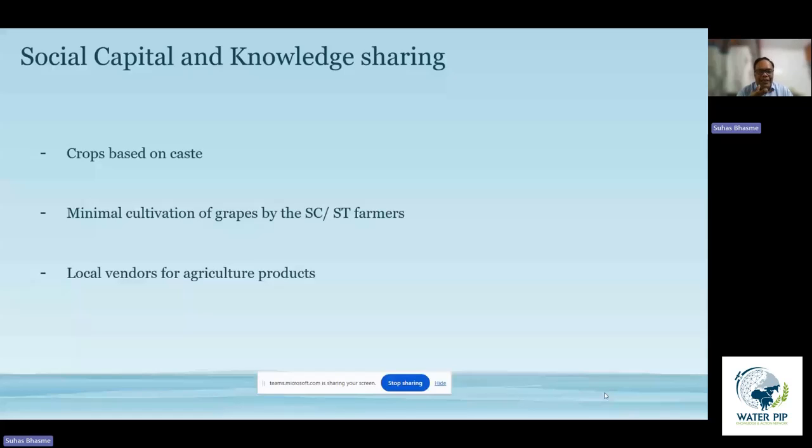So if, say, you are in the Nasik region, looking at a farmland which is cultivating flowers, then you can easily point out that this belongs to a middle class farmer, which is a Mali farmer. If it is cultivating grapes, you can identify it with the Maratha landowners. Although I'm not saying that it is strictly so, but mostly it is in that sense. And this categorization, or this domination of particular crops by particular groups, is precisely because of the lack of knowledge sharing across the caste groups as such.